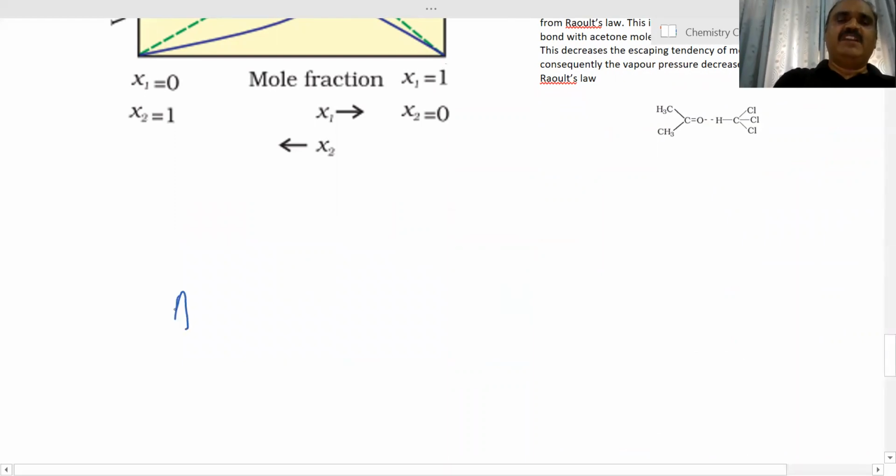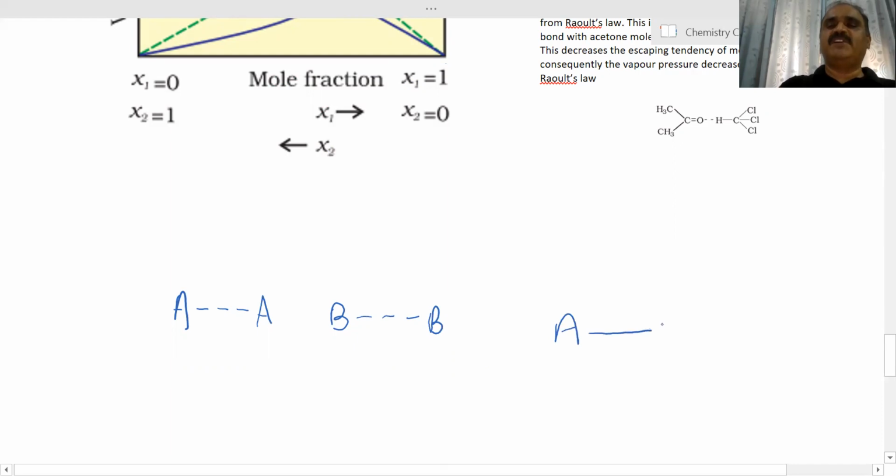When A and B are in separate containers, A molecules are held together by AA interactions, and B molecules are held by BB interactions. When a homogeneous mixture is formed, A and B molecules get held together by stronger interactions. These lines between AA and BB are dotted. AB is a solid line, just to represent that weak interactions have dissociated to form strong interactions.